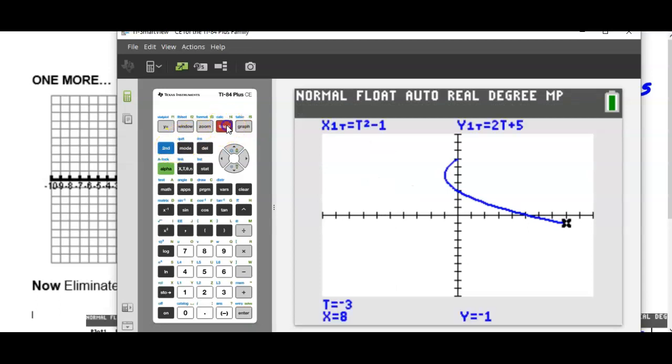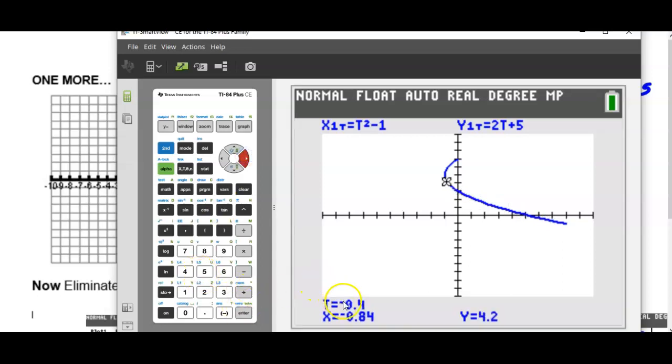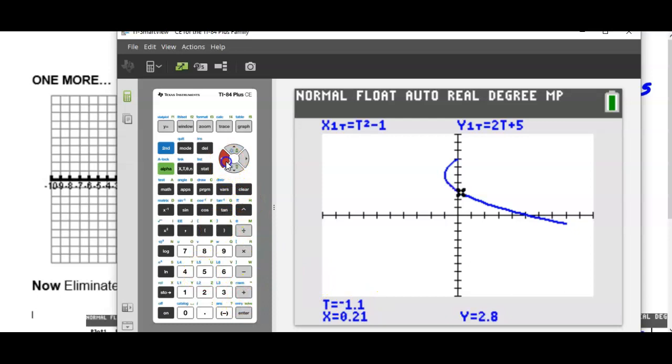If I want to trace to find ordered pairs, I can. This is weird though, guys. Look, I cannot trace left and right. Okay? As I say trace to the right, it actually moves to the left. That's because the only thing you can do is move backwards and forwards in terms of those t values you